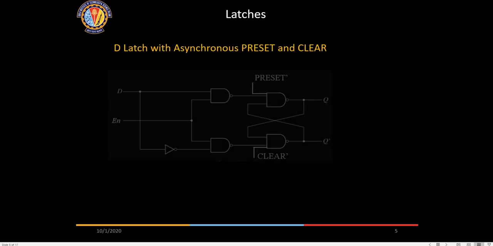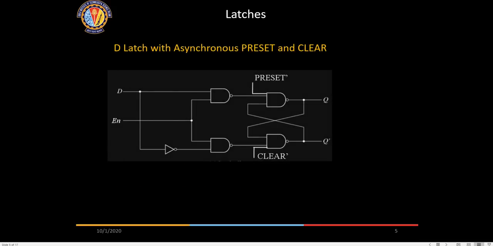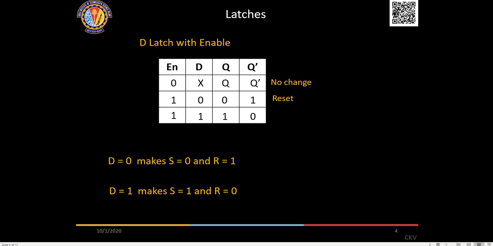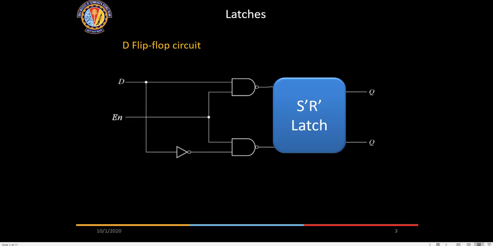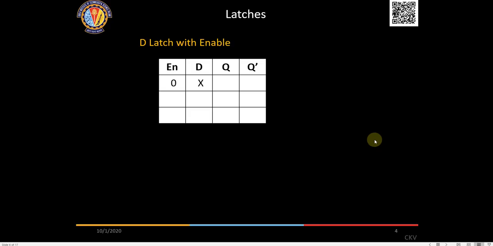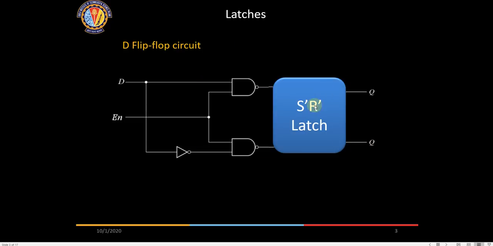Okay, yes, tell me. Could you please go to the diagram of the D flip-flop again? Yes, here. Which one is Q dash? Okay, this is Q dash. Sir, one line is missing here. And which one is the flip-flop and which one is the latch? No, this is a D flip-flop as of now. We have not yet considered latch.